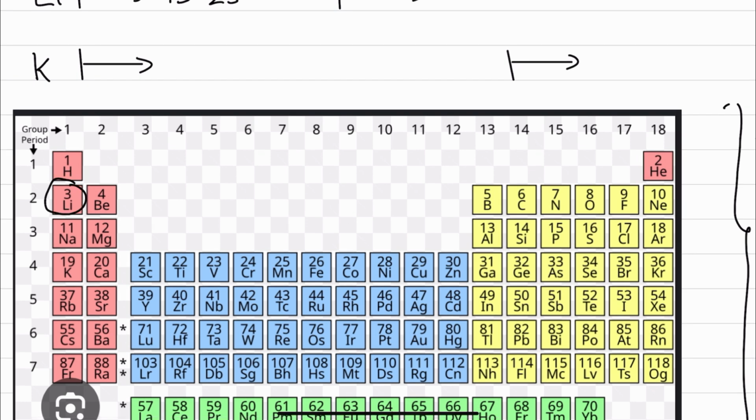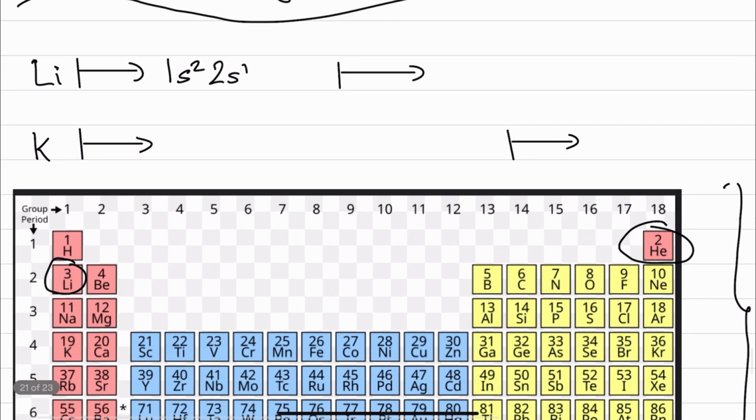We can see that here because lithium contains 3 electrons. Now, the most recent halogen would be helium. So what we do is we write a bracket, helium, and then helium has 2 electrons. So that means this cuts out this 1s2. So all we need to do now is just write 2s1. Now, this is not necessary for something like lithium, but for something like potassium,